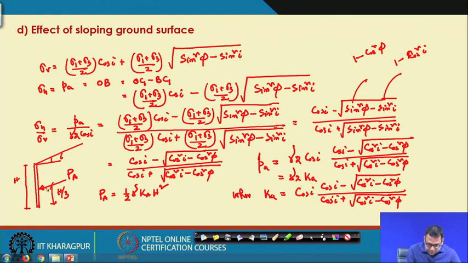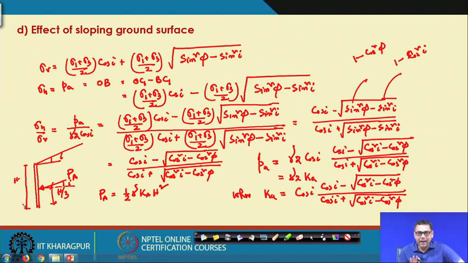Okay. So, but that means the PA is here acting at an angle of i with the horizontal. Okay. In the previous case PA is totally horizontal because the backfill was horizontal, now the backfill is inclined. So, in this case PA will always act parallel to the backfill surface. If the backfill is horizontal, PA is also horizontal. If the backfill is inclined, PA is also inclined with that angle of inclination with the horizontal. Okay. So, that means here PA is acting with an angle i with the horizontal, because this is also i, this backfill surface. Otherwise, this is the expression.